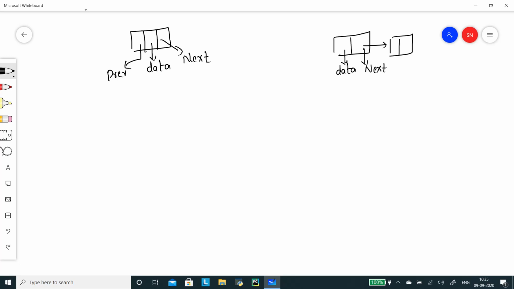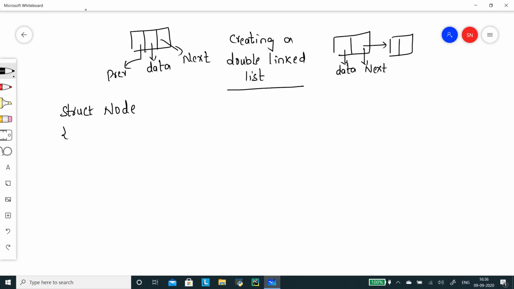So how can we create a double linked list from an array? First we need to create a structure. So struct node. How many parts are there? One is the previous, another one is the data part, another one is the next.